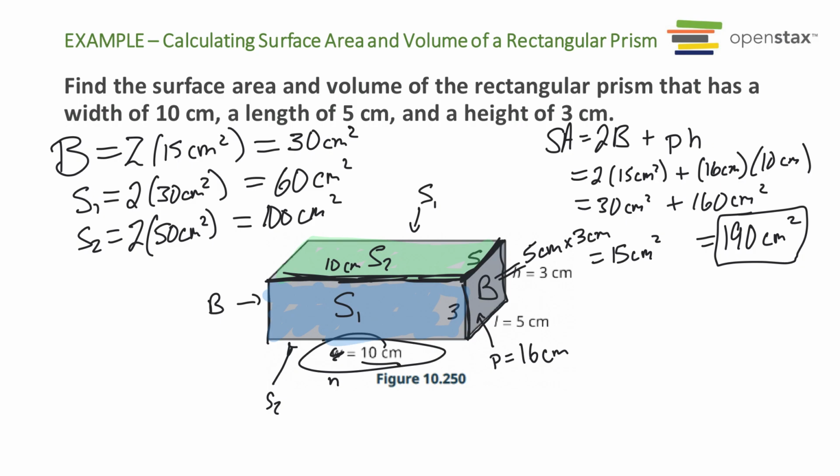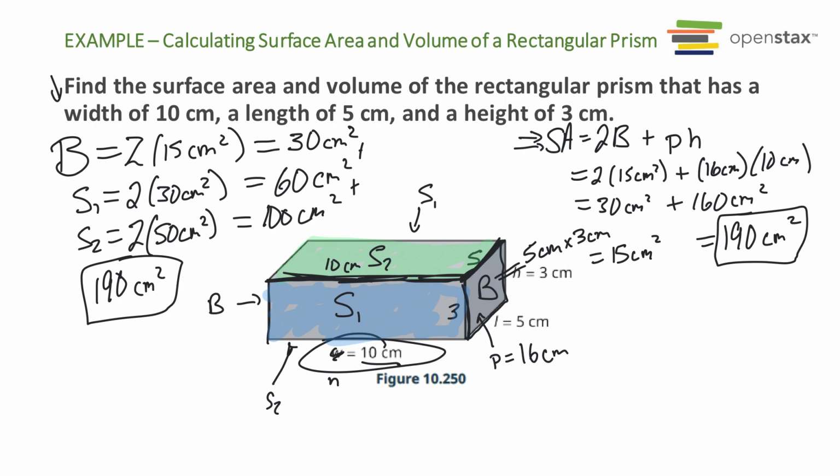If you paint each of those sides individually, all you have to do is add these up. 30 and 60 make 90, and then 100. You still get 190 square centimeters. So it doesn't matter which formula you work with for the surface area. If you understand breaking it apart better, awesome. If you like this formula because it just kind of makes sense, that's great too. It really just depends on which one makes sense and which one is more efficient. Sometimes the perimeter version is going to be the only one you can use because of the information